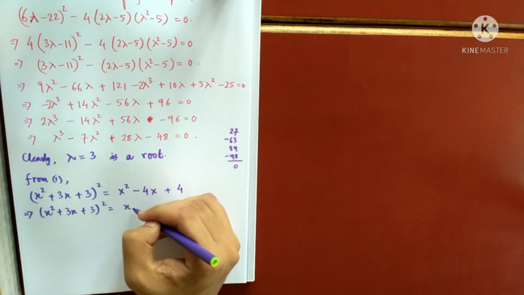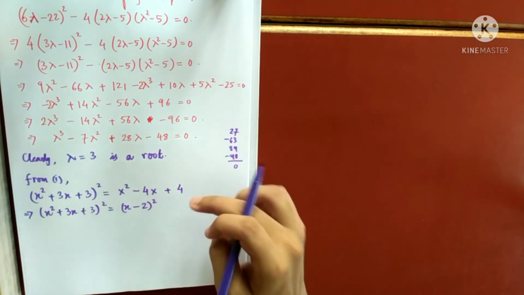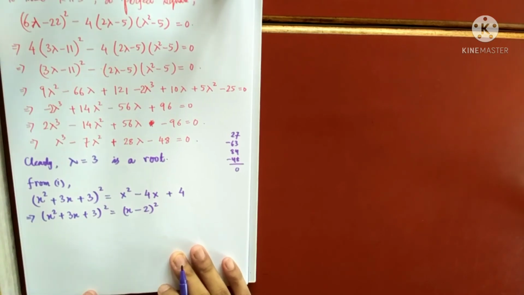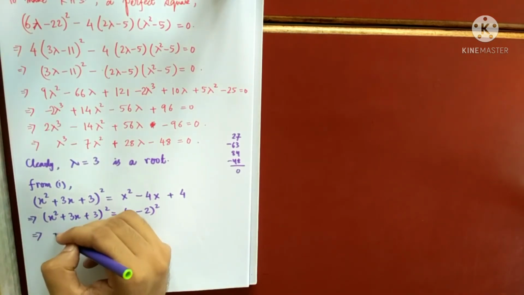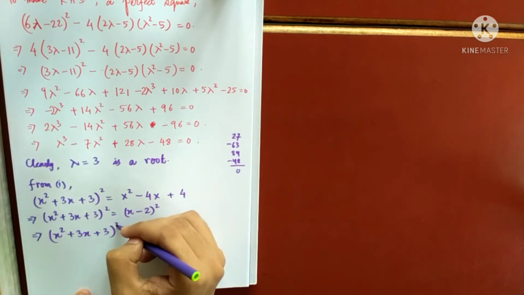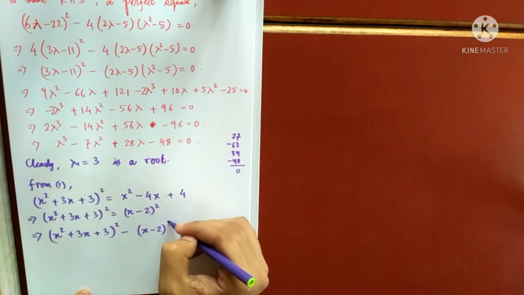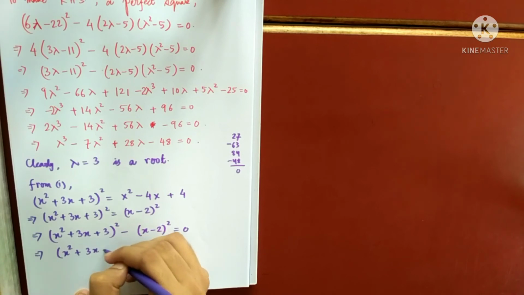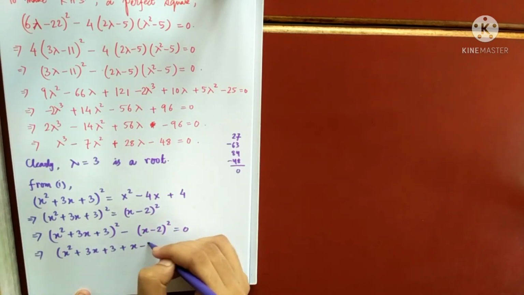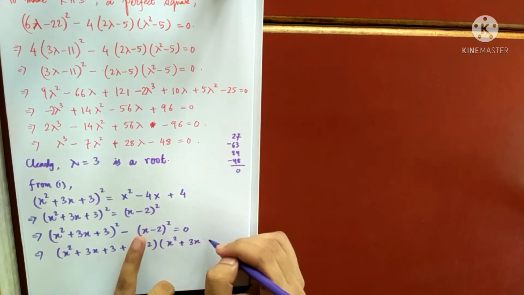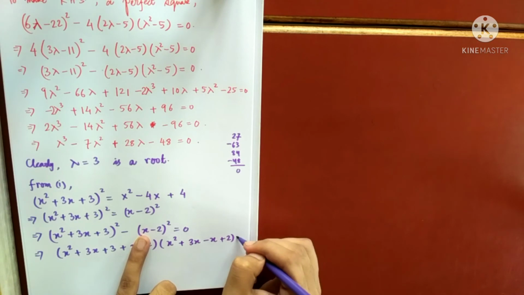This is x minus 2 whole square, as you can check, because this is 2 square and this is 2 into 2x. So always remember, your right hand side will always be a perfect square. Now the logic you know, you send this on the left hand side. This is a square minus b square. So this is a plus b into a minus b. Be very careful. So minus x plus 2 equals to 0.